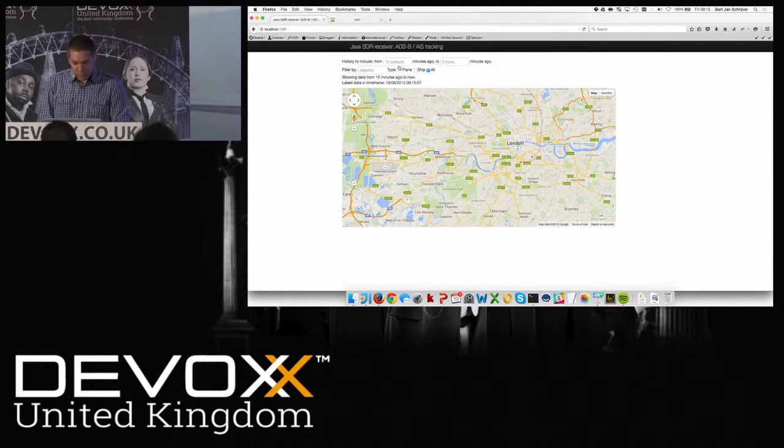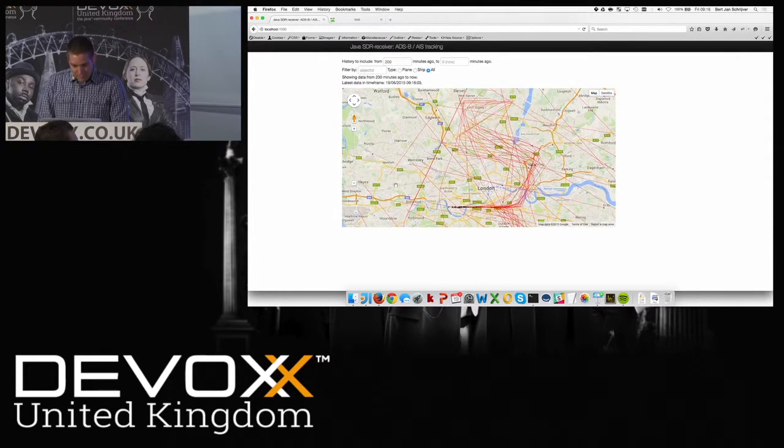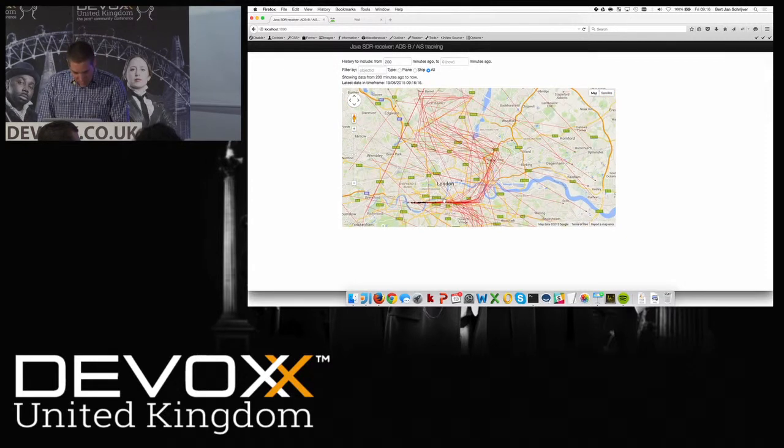Okay, so it gets better, because this morning, after I woke up, I put my antenna outside, and outside you can receive a lot more. So let's go back like 200 minutes, and this is what it picked up. And the cool thing is that you can see all kinds of patterns in here. So these planes come from here, where they start getting into range of my antenna, then they make this turn, and then they all gather around here, and they're all heading in the same direction.